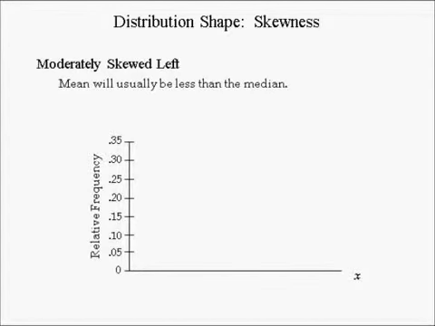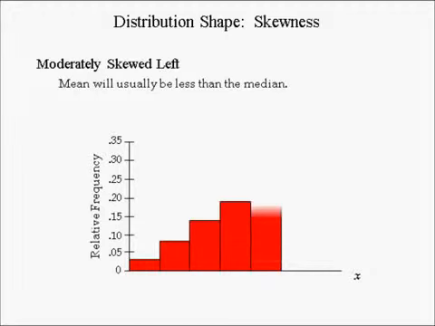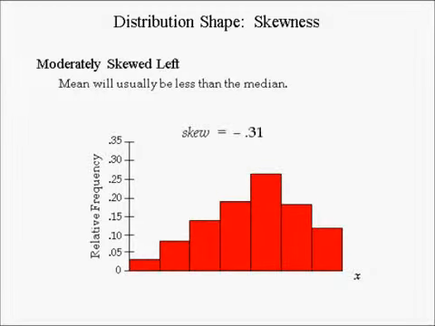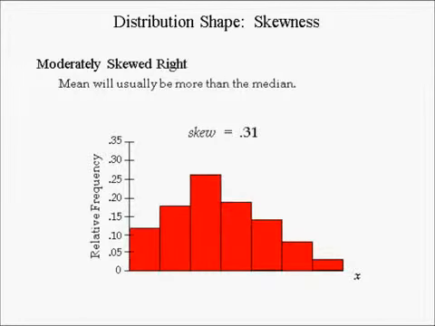If the distribution is moderately skewed left, the histogram from a sample drawn from a population will likely be slightly skewed left too. The mean will be less than the median, and the sample skew will be between 0 and -1. If the distribution is moderately skewed right, the histogram from a sample drawn from the population will likely be slightly skewed right too. The mean will be more than the median, and the sample skew will be between 0 and